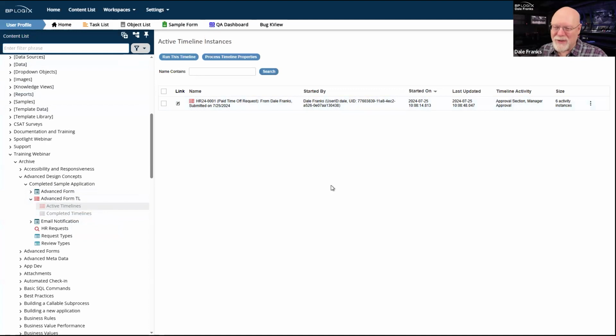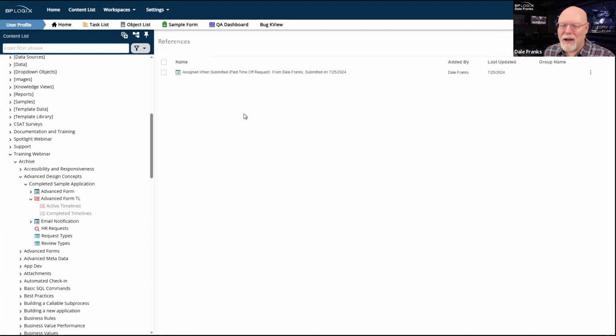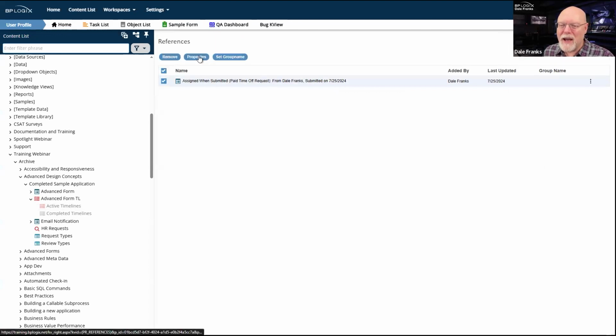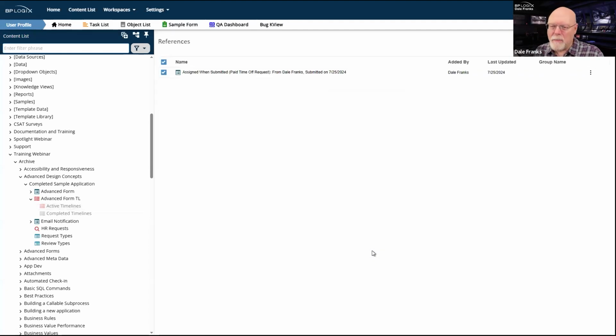Form instances will show up with their form instance ID. It gets all higgledy-piggledy and hard to read. So I'm just going to go ahead and turn my debug mode off. It is off. Great. So now when I reopen this, I am out of debug mode. If I go back to my timeline items and I go to my form properties, I'm still out of debug mode. I just get to see the basic stuff there.